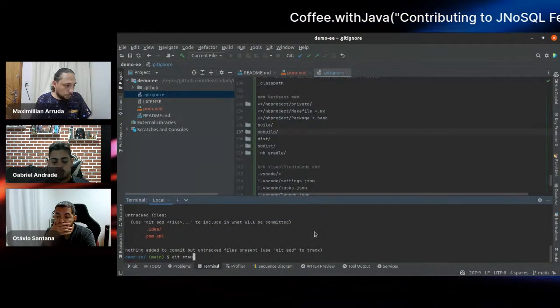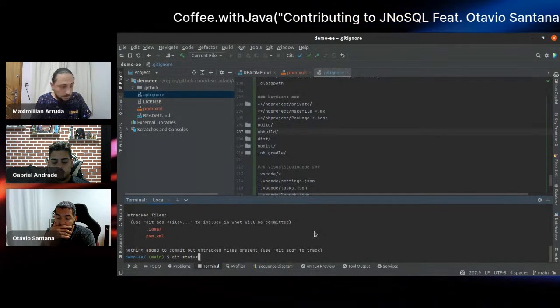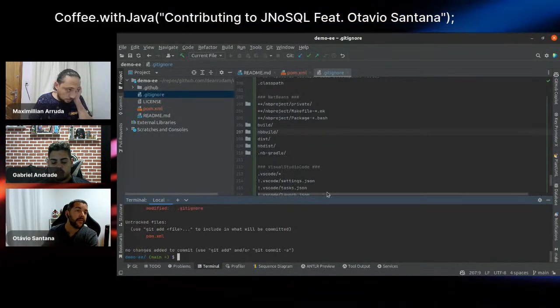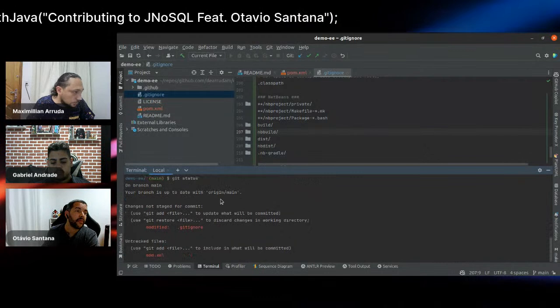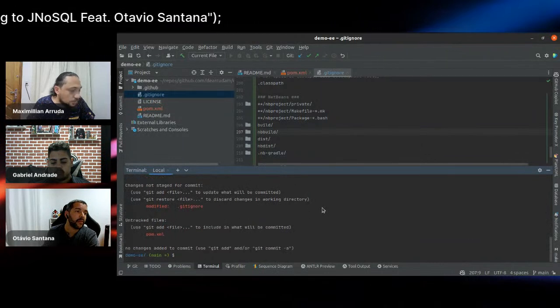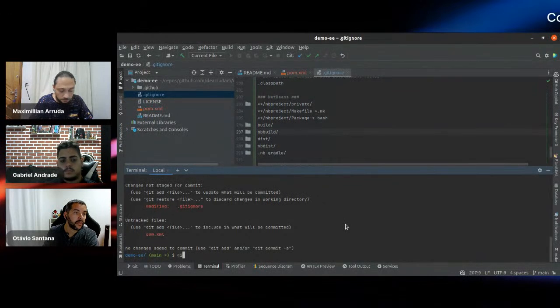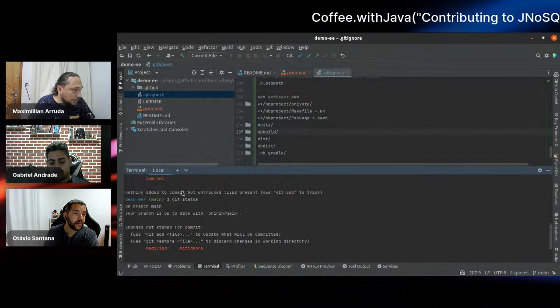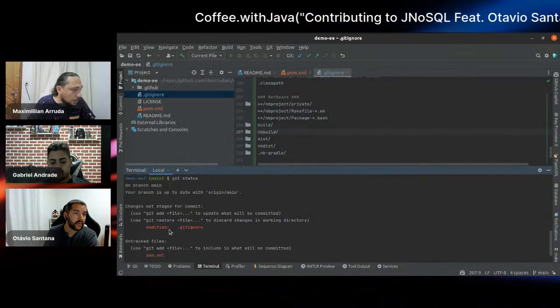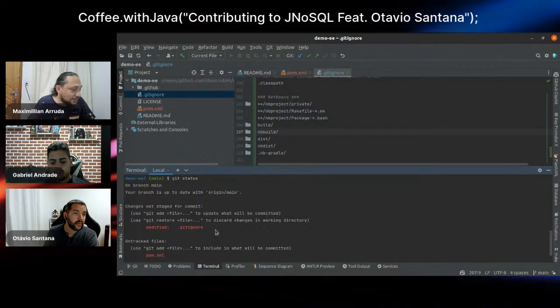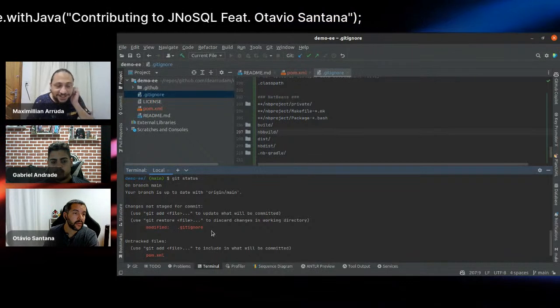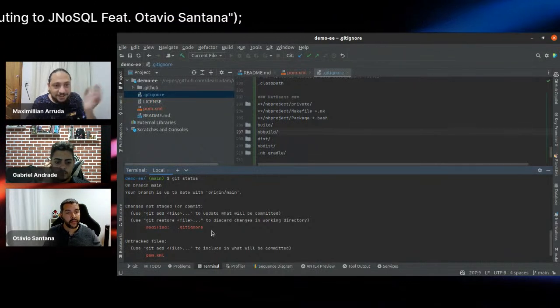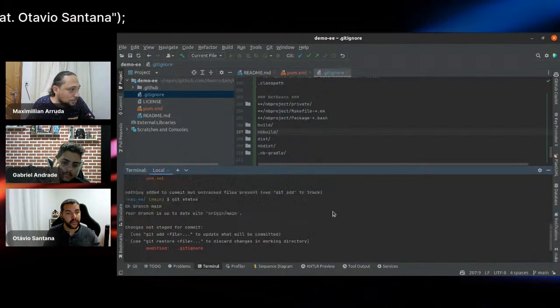So right here, status shows us which file was changed and what files we need to add to our repository. All right, so I will add, and by this change, we can see the .idea directory inside of our repository.